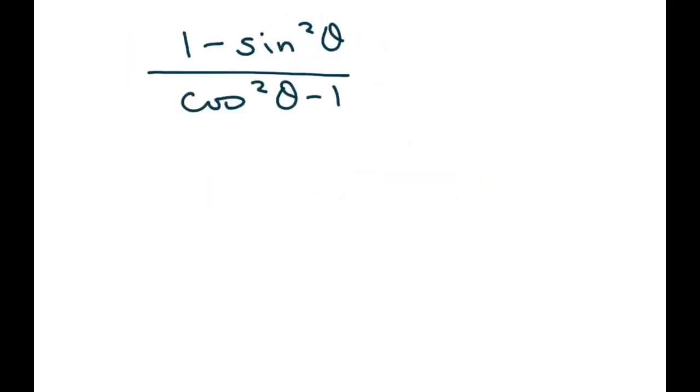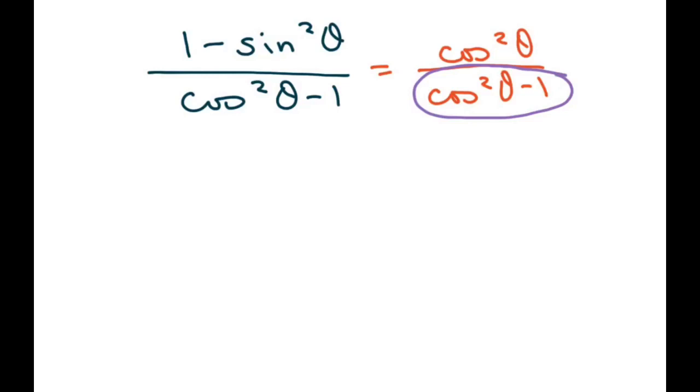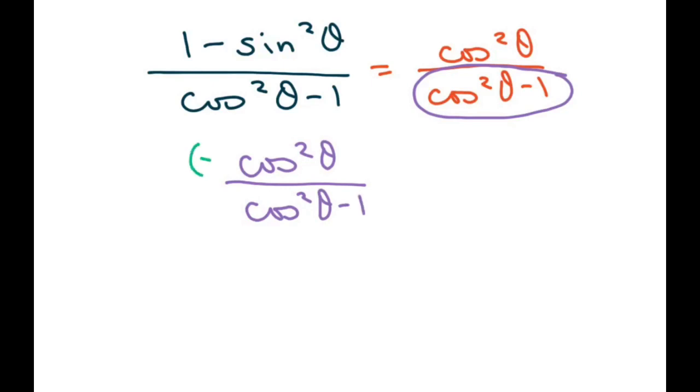And the last one we have is this one. I'm going to go ahead and simplify the numerator. That's cosine squared of theta over cosine squared of theta minus 1. Now this doesn't equal sine squared. But what I can do is take my expression and multiply it by 1, meaning I'm going to multiply the numerator by -1 and the denominator by -1. When I do that, -1 divided by -1 equals 1, so we're not changing it, we're just making it easier